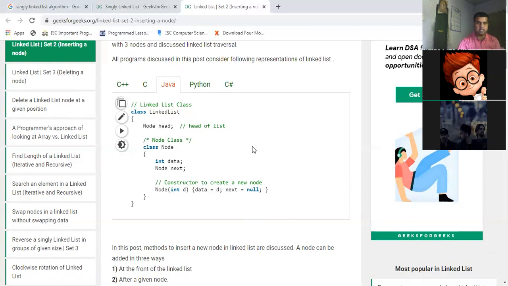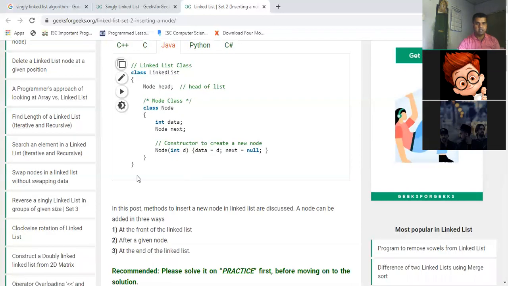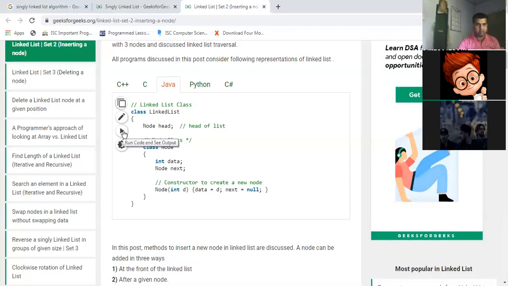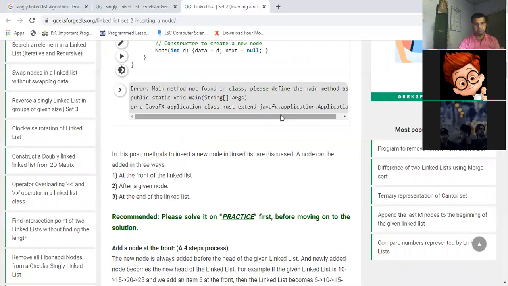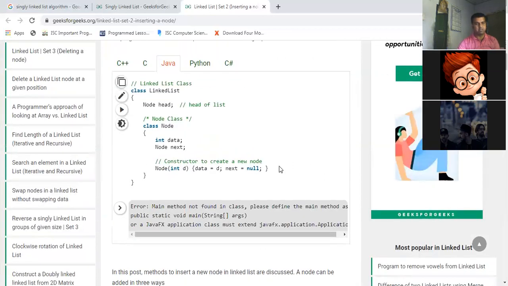This is the concept you can see on your screen. This is the technique by which we create each and every node in the linked list. Every node has two basic elements: one is the data and the other is the address part. For your understanding, I'm running this program, it's compiling. Let's see what we come up with. It's showing an error. Why is it an error? Because your program does not have the main function part. We'll do this in detail practically.